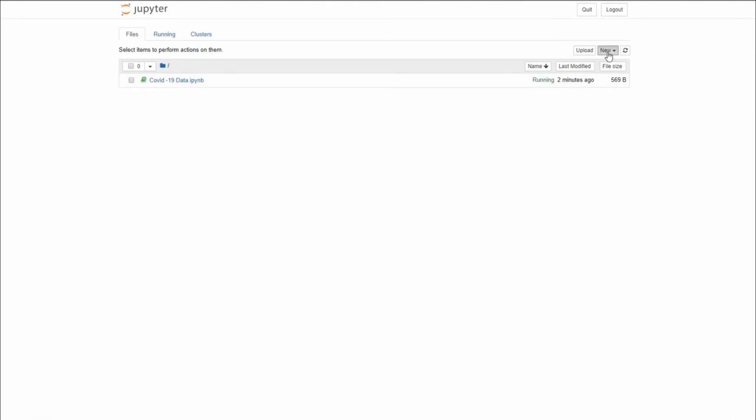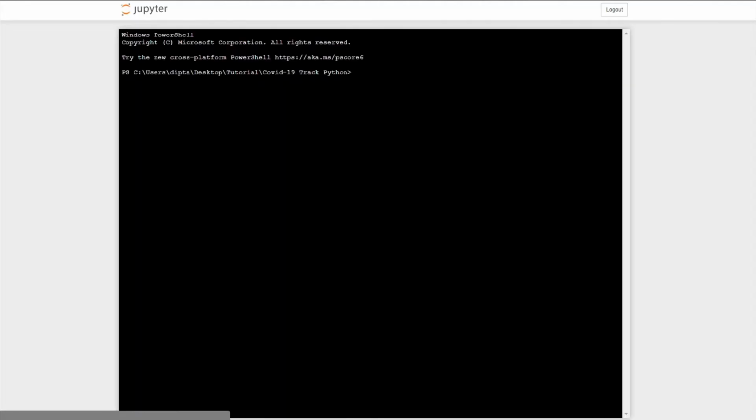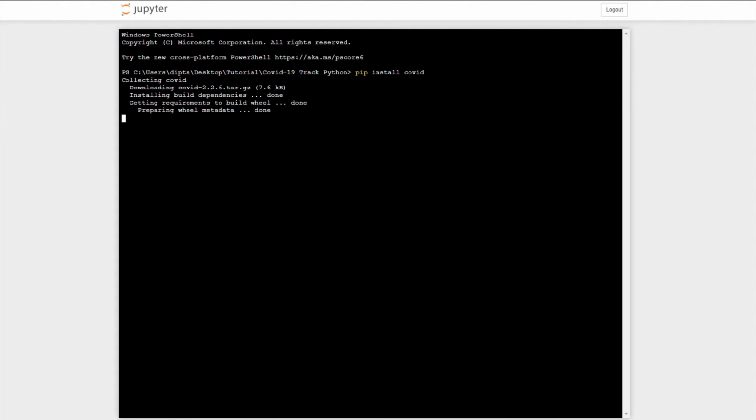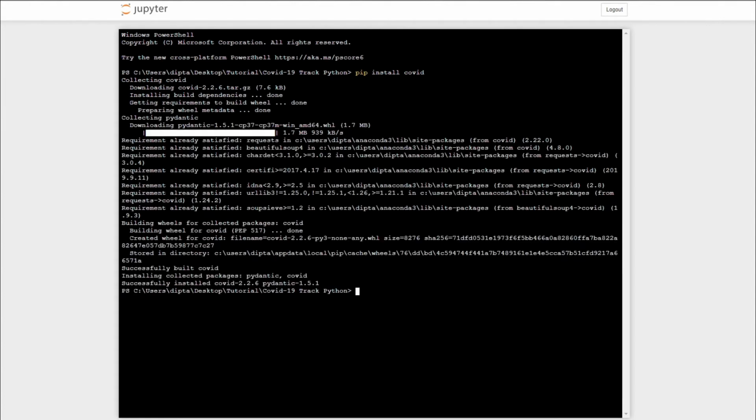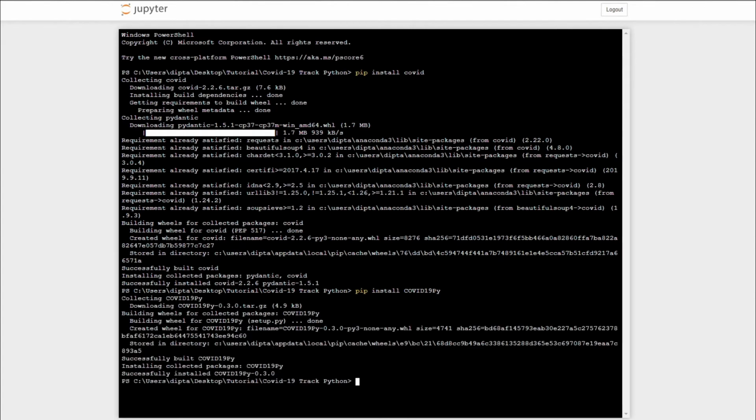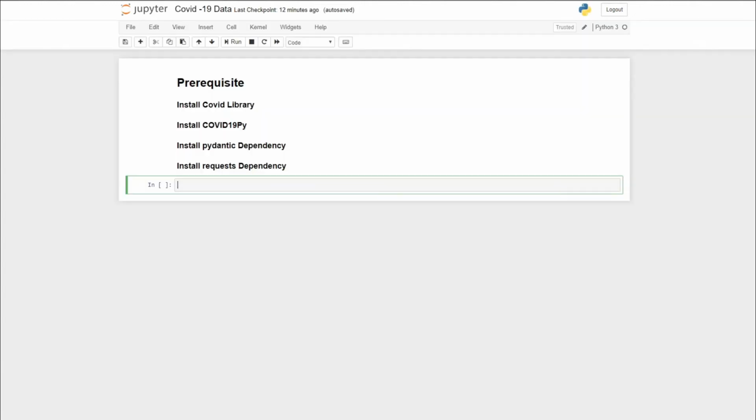So to install these things, you just need to go into your terminal, and there just write pip install covid. Okay, after installing this thing, you have to install this COVID-19 py. So yeah, you can see this COVID library is successfully installed. Now we have to install pip install COVID-19 py. So you can see it is also successfully installed, and now we have to install these two dependencies,